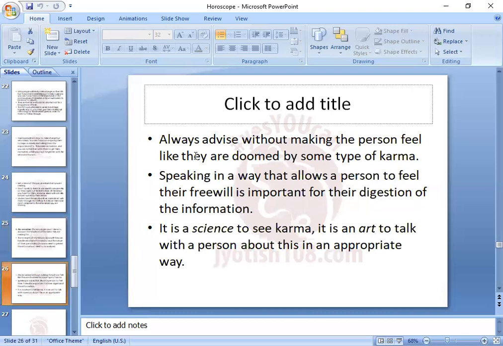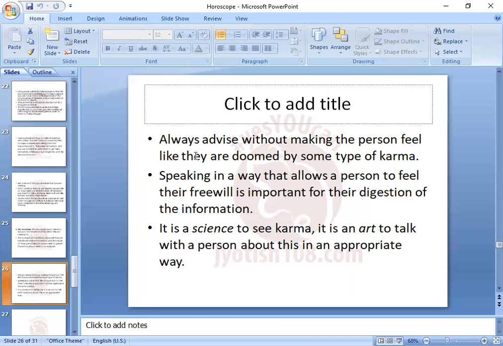Always advise without making the person feel like they are doomed by some type of karma. Karma is there for every one of us to see. But if you make the person feel they have nothing to do, no role to play in the wheel of destiny, then the person would feel absolutely devastated by your readings. Speaking in a way that allows a person to feel free will is important for the digestion of the information. So sometimes you may come across some difficult truths,